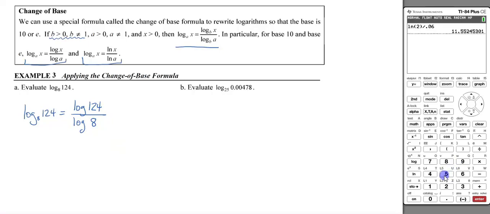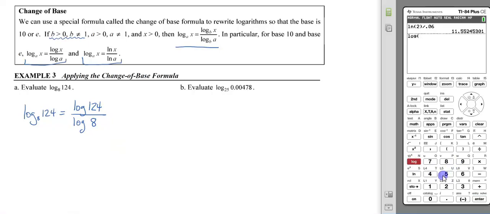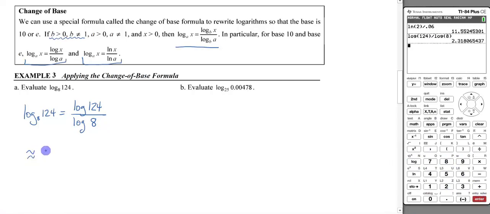Then we can put this into the calculator. Log 124, make sure to close that argument, divided by log of 8. And we get about 2.32. Let's try evaluating this log. Log base 25 of